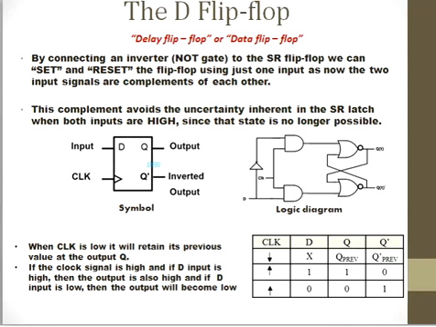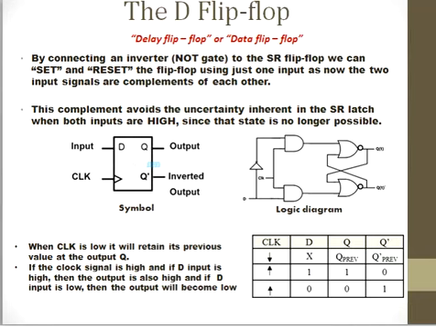So it is constructed from an RS flip-flop with an inverter added between the S and R inputs in order to allow for a single data input. The D input is passed on to the flip-flop when the value of the clock pulse is high. So it will work only when the clock pulse is high. Otherwise, these two AND gates will not work, right? So when we don't apply any clock input to the D flip-flop, there will be no change in the output. So the output remains the same.